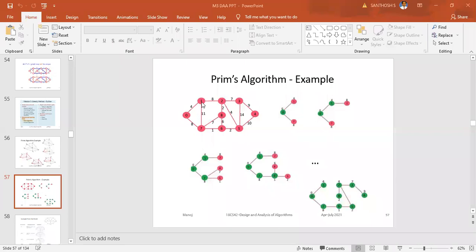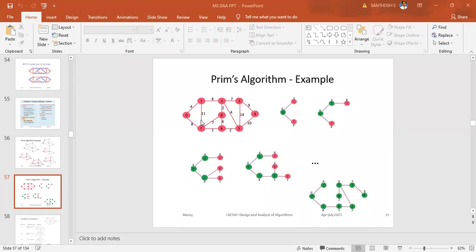Now it moves back to 0, because from here the minimum one is 4, so we travel back. Now it is at 0. From 0, which is the next path you can take? The 0 to 1 path is already finished. Now you come to the next one. The remaining one is 7. So that path is considered here.